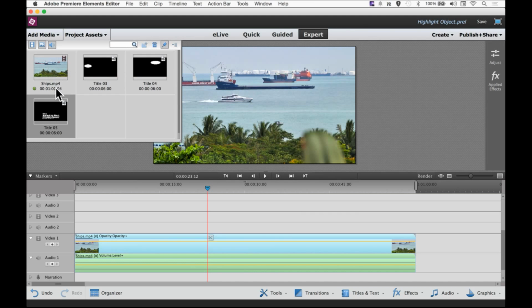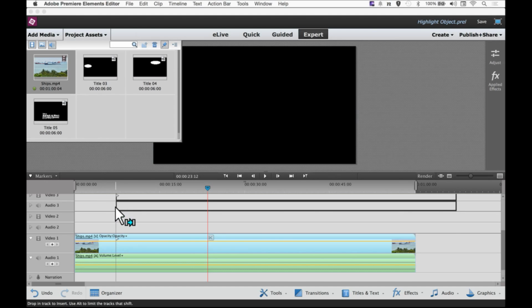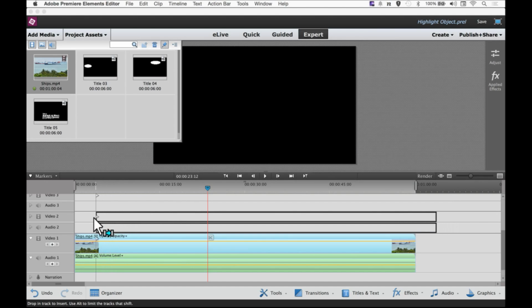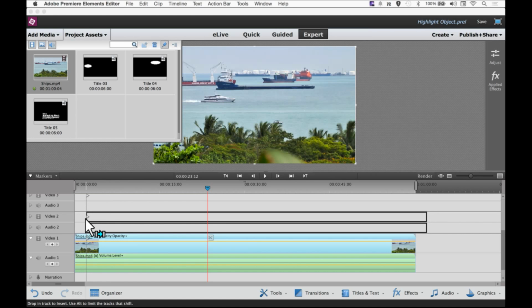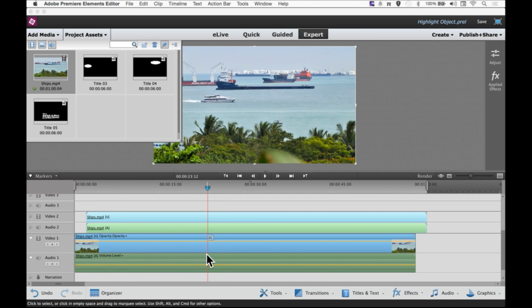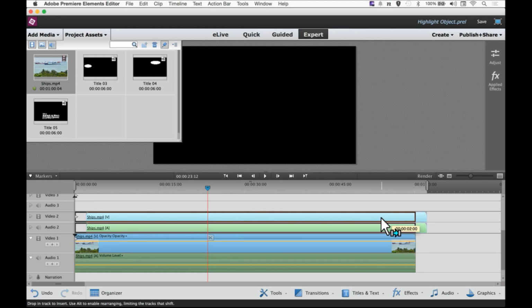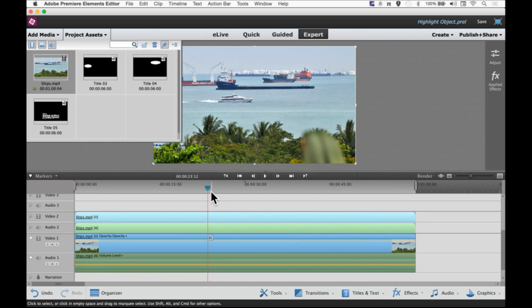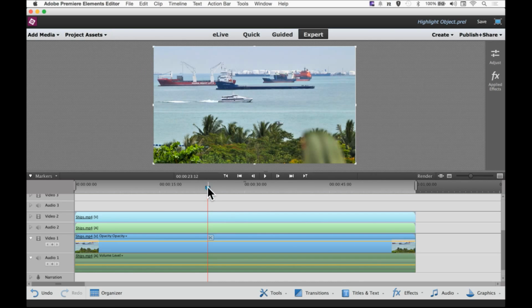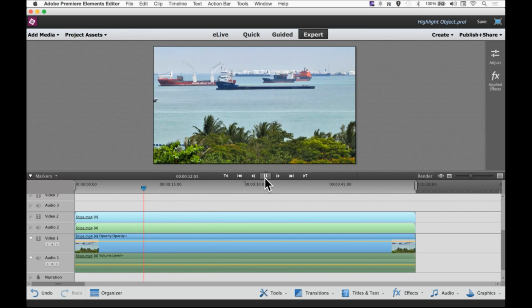This is the one, it's called ships. Bring it down, and this time drop it on the higher track right above the first clip. Okay, and currently it's not aligned. We want to align it so that they both are sitting right on top of each other. Close the project assets panel, such that when we play back, they should be both playing the same video at